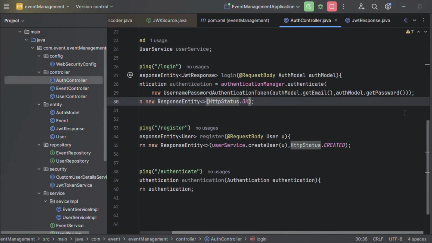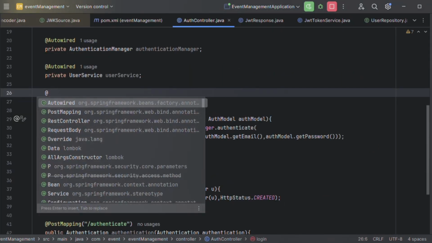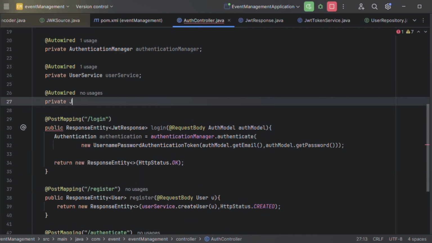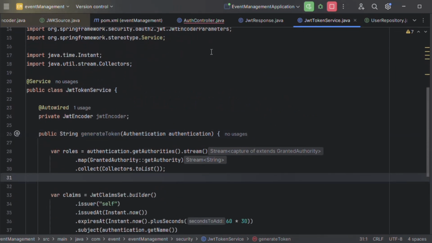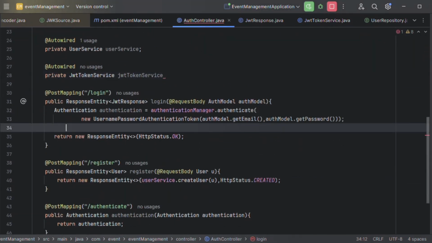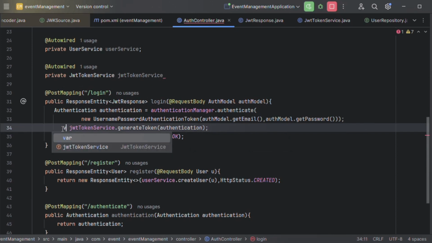So now first we call the method that generates the token, which is in the JWT token service class. We have just created this class which has the method to generate token. So let's call that method, and we need to pass this authentication object here as a parameter.